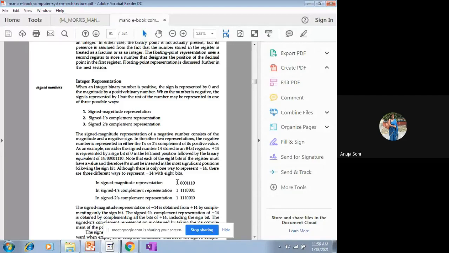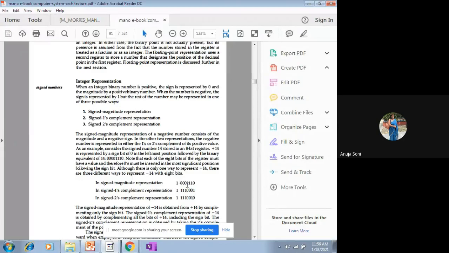Only the complement has the impact on the negative number. And while taking the complement of negative numbers, whenever there is a sign bit, the complement of the sign bit is never taken. The sign bit will remain as such, because by default we are talking of taking the complement only of the negative number. The sign bit will always be 1, but when taking the 2's complement or 1's complement, it will not have any impact on the sign bit.